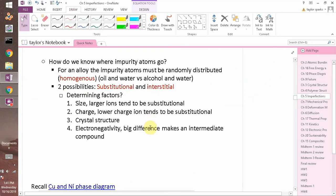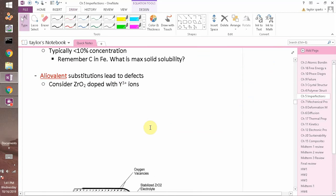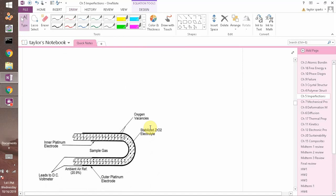So the last thing I want to say is, we'll skip that for now, and let's talk about aliovalent substitution. This is finally where we get to Toyota Mirai and cars like it. They work by having fuel cells. A fuel cell works like this. You've got, let's say, oxygen out here, and in this case, you have a lack of oxygen. So this is not a fuel cell, this is a fuel sensor, an oxygen sensor, but it's the same material,